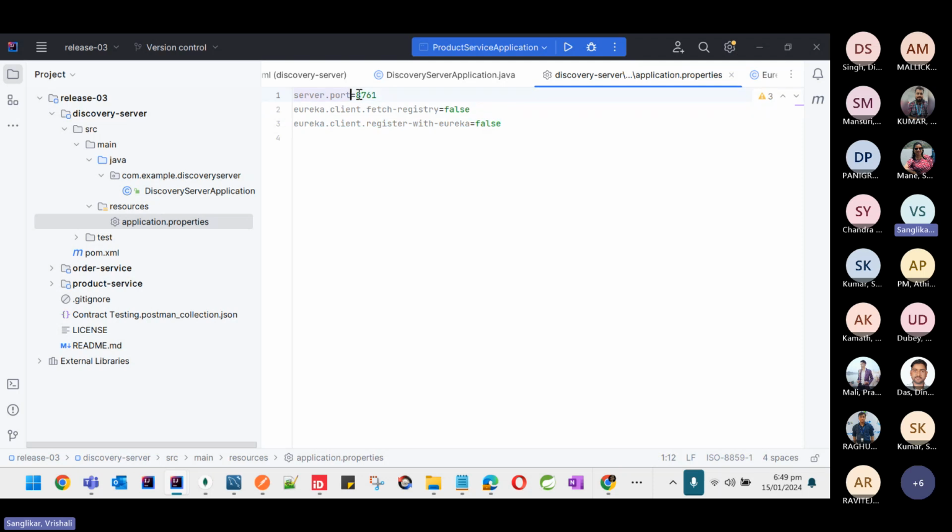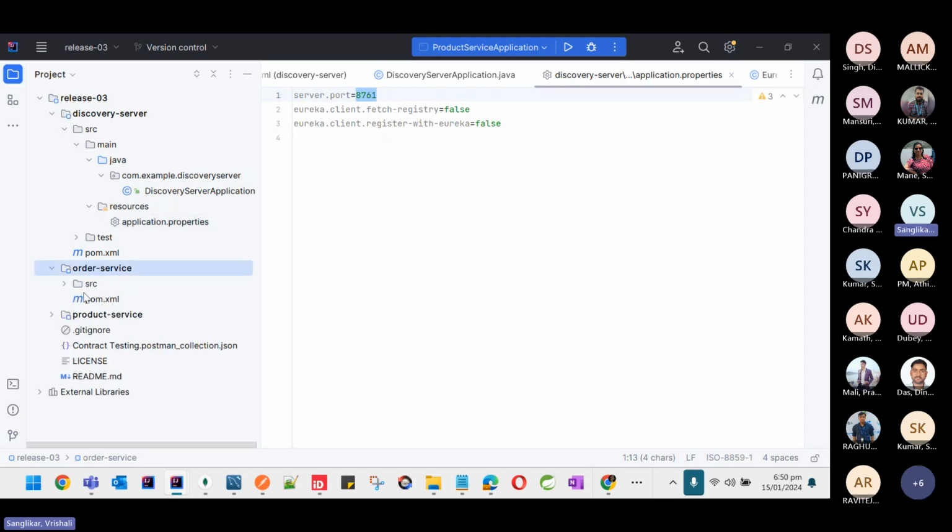Server port, again we have to make it as 8761 because that is the default port. So always, guys, we have to stick to the default values of the ports. That makes our life better because 8761 is the default value. So in the client service, we don't have to explicitly tell the client service that the discovery server is booted up at 8761, because this is the default value. So let us put this default value inside the discovery server and make it boot up at 8761,